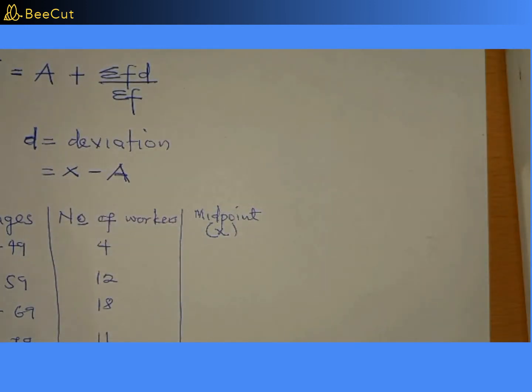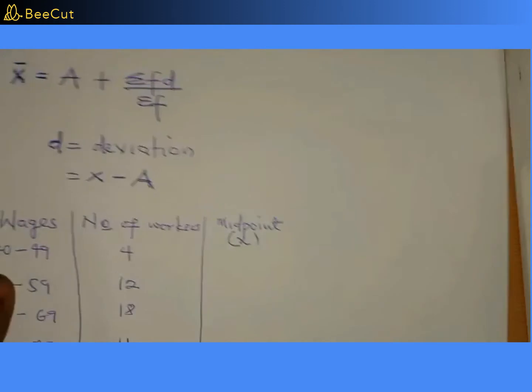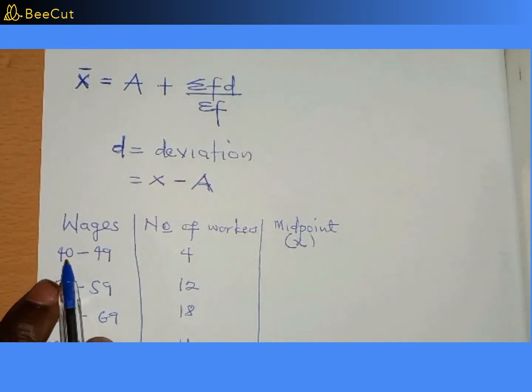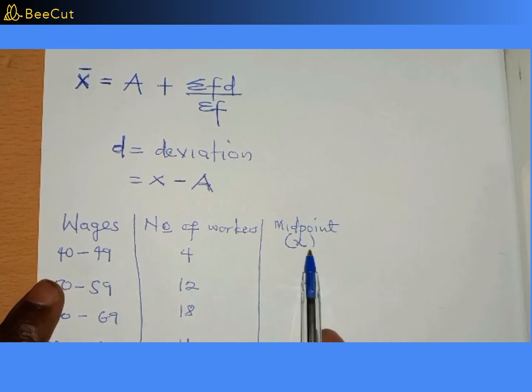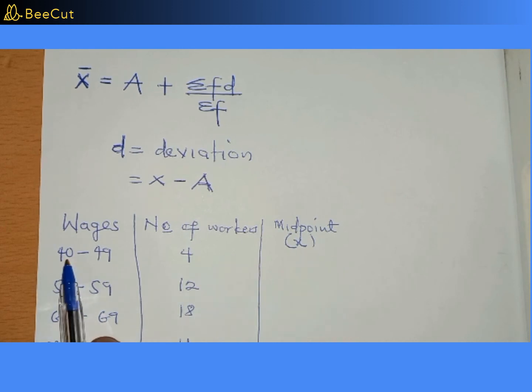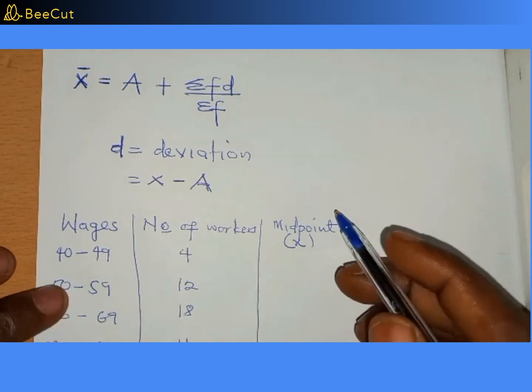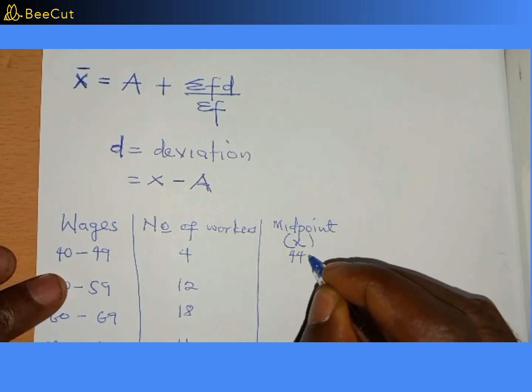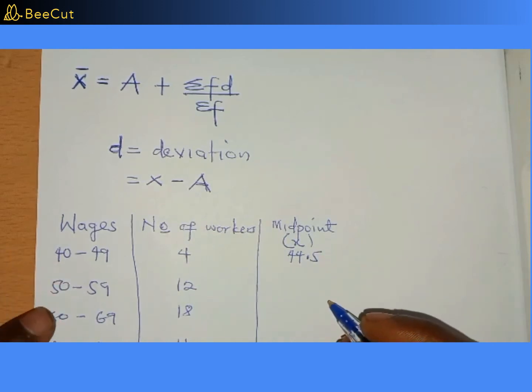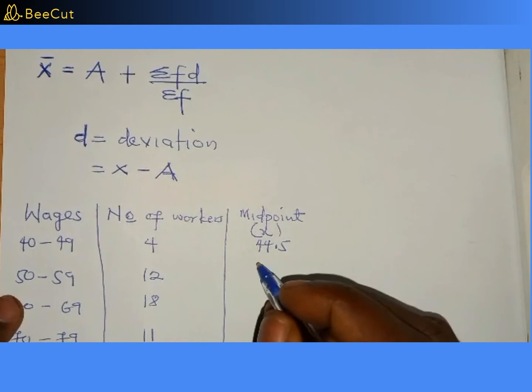Now, when we talk about class midpoint, what we are simply saying is that you add up the class intervals. That's the 40 and 49. You add these two values up, and then you divide by 2 to get what we call your class midpoint or your class mid value. So I'm going to add 40 plus 49, and that gives me 89. So when I divide 89 by 2, I'm going to get 44.5. Then I'll do the same thing for 50 and 59, and that gives me